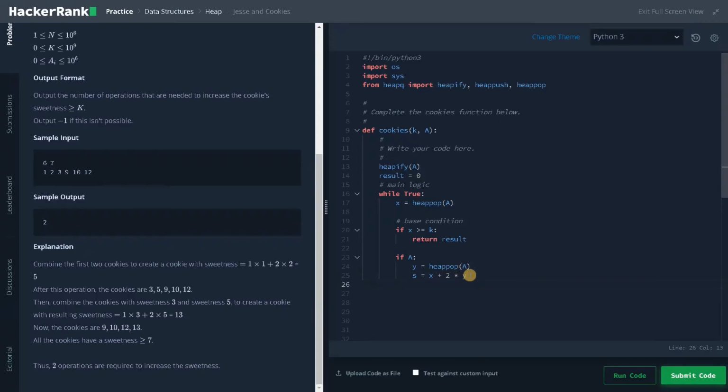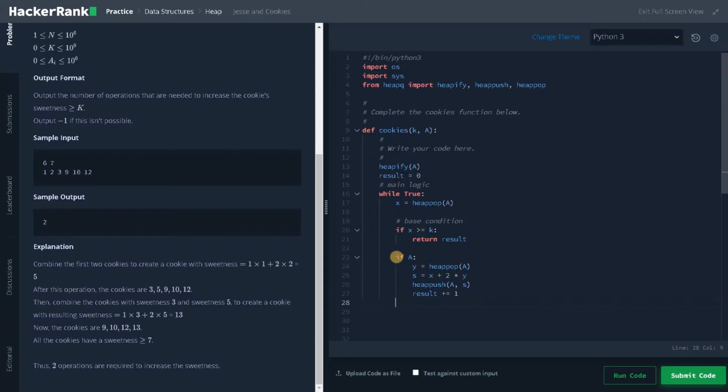After finding the new sweetness, we will insert this sweetness into the heap. So that will be heappush of the array and the element we need to insert, that is s, and increment the result by 1. This will be considered as a step: result plus equals 1.